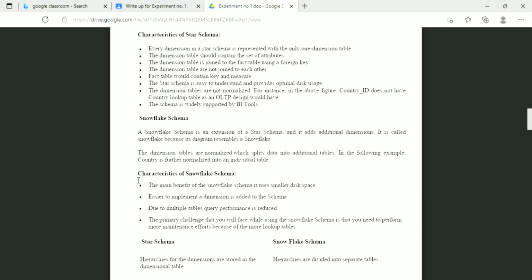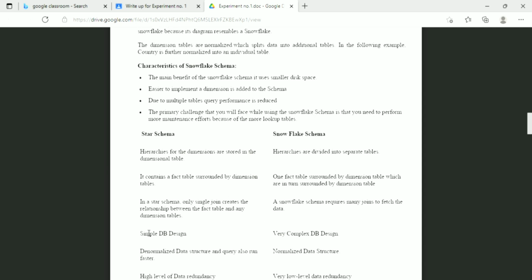Characteristics of snowflake schema: the main benefit is that it uses smaller disk space, and it is easier to implement a dimension added to the schema due to multiple tables. Query performance is reduced. The primary challenge that you will face while using this schema is that you need more maintenance effort because of the more lookup tables.